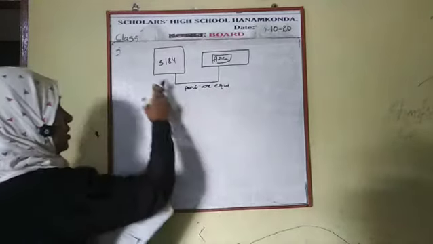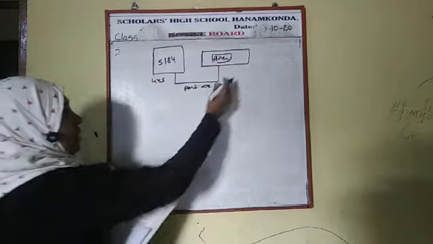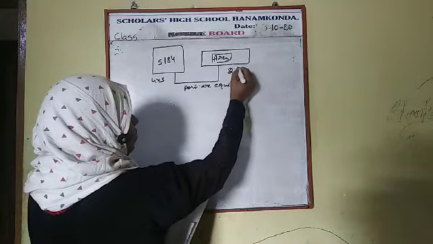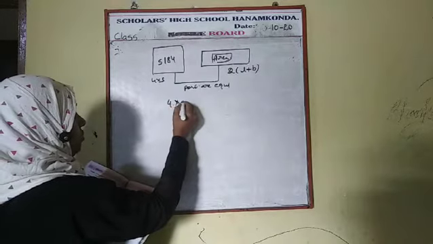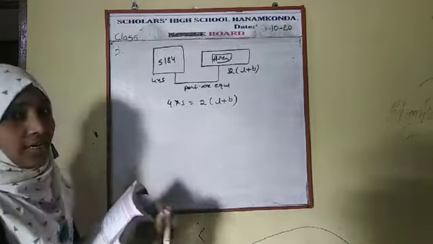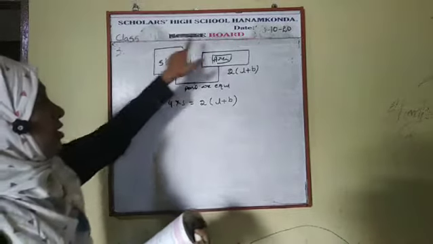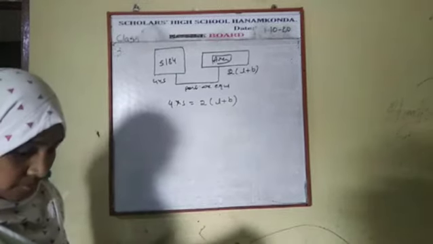That means the perimeter of a square is 4 into side. The perimeter of a rectangle is 2 into (L plus B). That means 4 into S is equal to 2 into (L plus B). The square's perimeter and the rectangle's perimeter are equal. Okay. Now next,